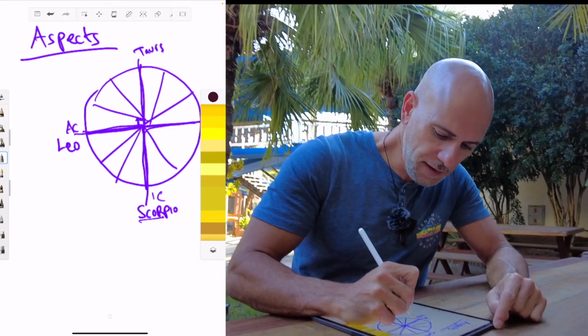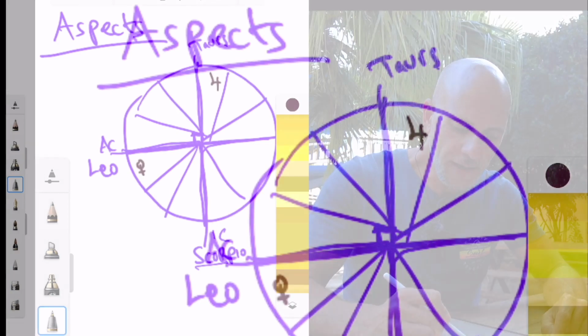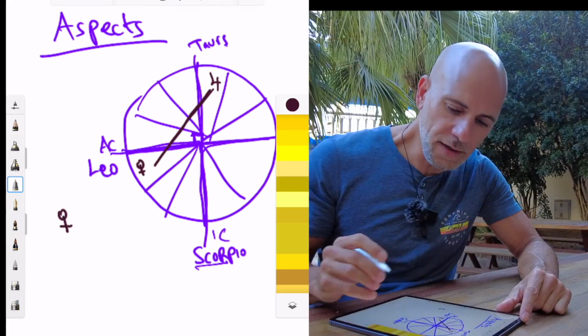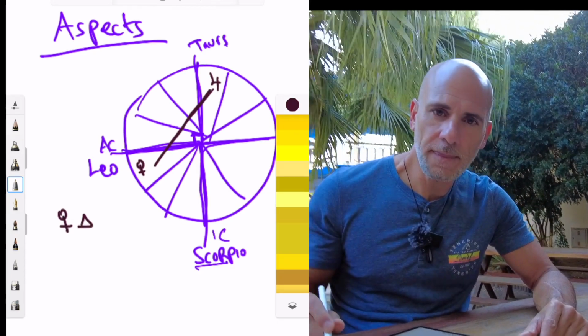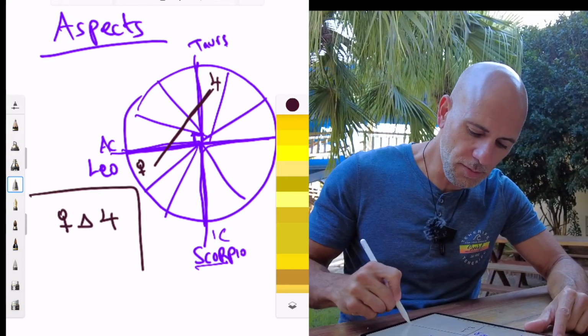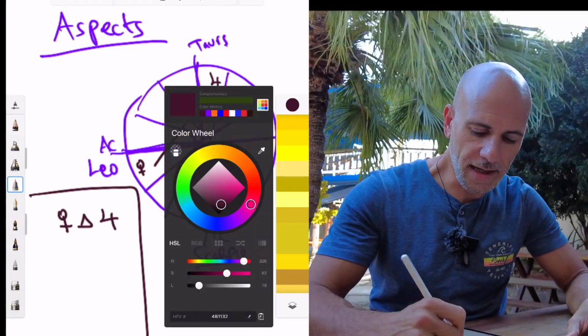As of now, Venus is in Leo, and Jupiter is in Aries. Where is Aries? Aries is one sign before Taurus. So Aries is here, and we are putting Jupiter here. They are doing a trine right now. We're going to write Venus trine Jupiter. Here we're going to put the summary of aspects. At the same time, even though it is not exact, we are going to say